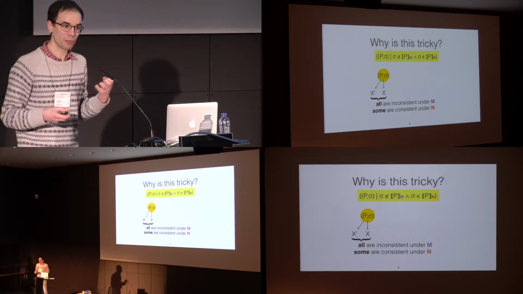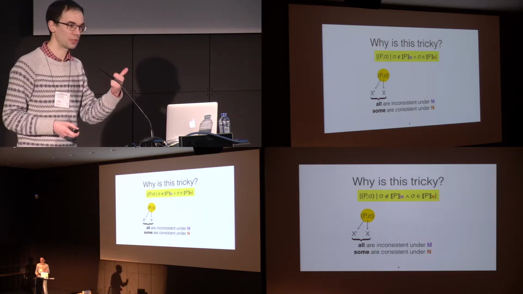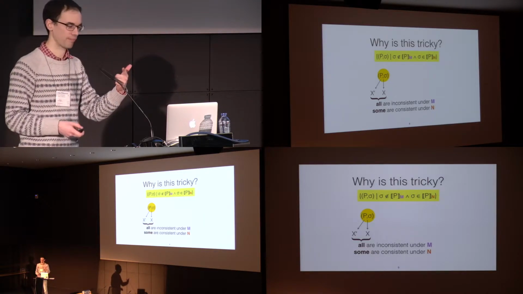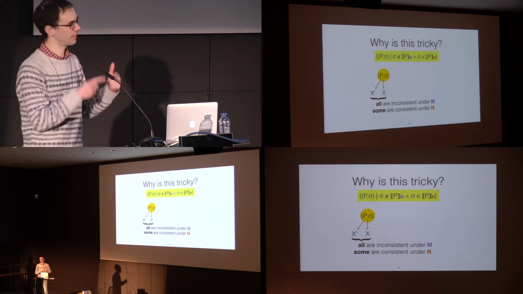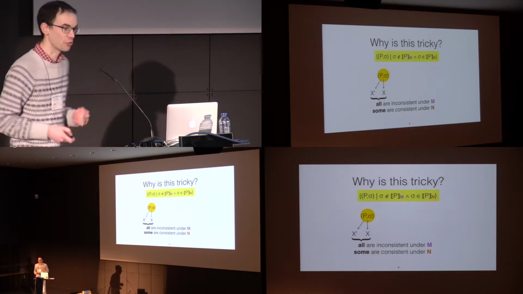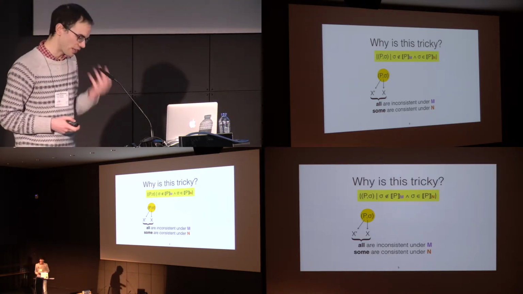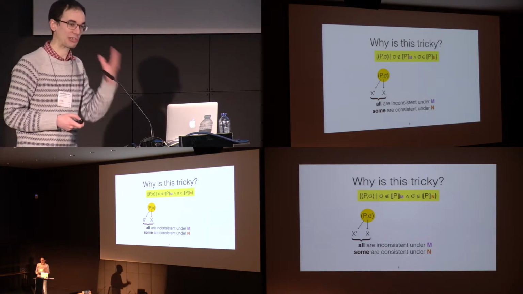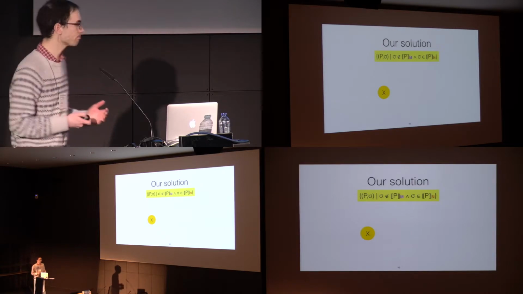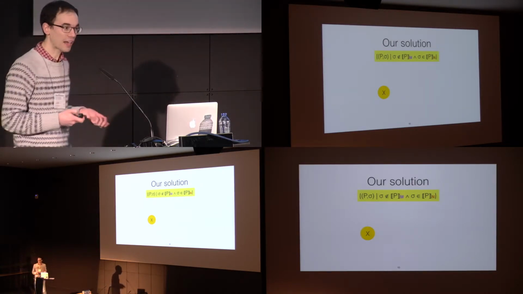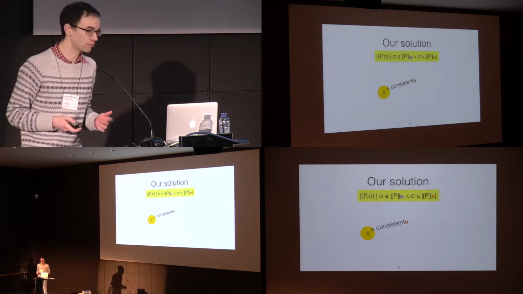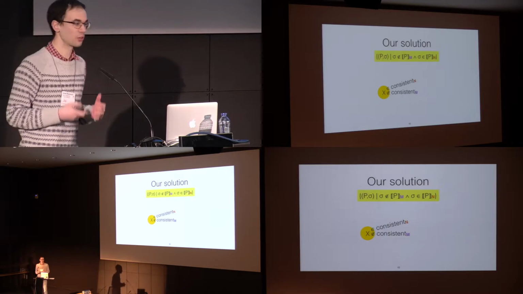And so the shape of the problem is: show me that there exists a program P such that for all executions, some property holds. It's an exists-for-all. That's the tricky bit for constraint solvers. So what we do is we say, well, let's not get the constraint solver to generate P directly. Let's ask the constraint solver to come up with X. And we'll ask it for an X such that X is consistent according to memory model N, inconsistent according to memory model M,